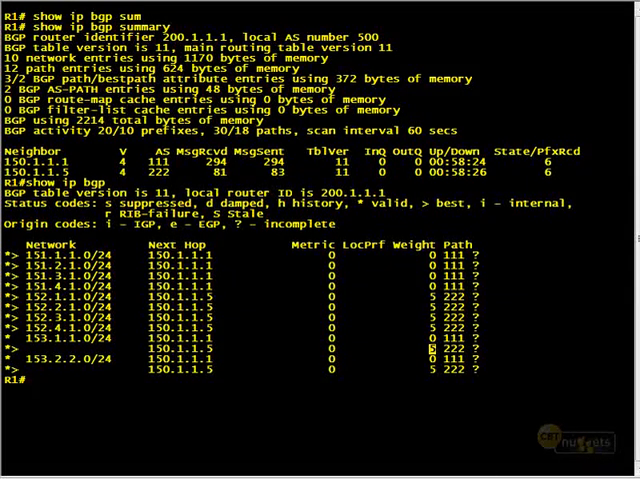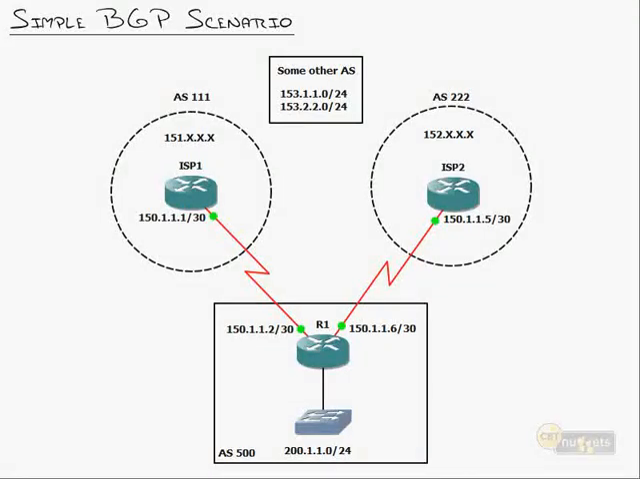Now, BGP is a distance vector routing protocol. Well, technically, they'll pull it up and say it's an advanced distance vector routing protocol, just so you don't put it in the same category as RIP. But really, if you think about it, it is kind of like RIP in that it uses this kind of hop count metric with AS path, and also, and I would say the biggest thing,